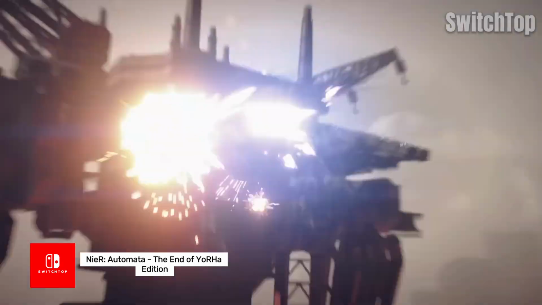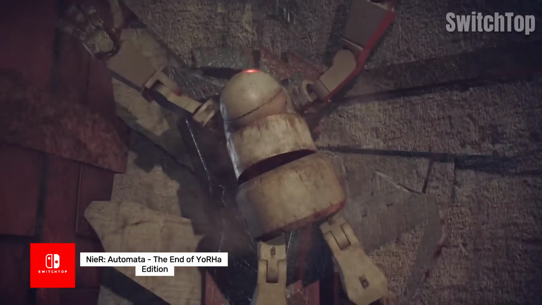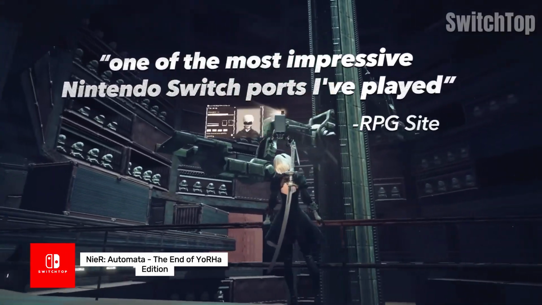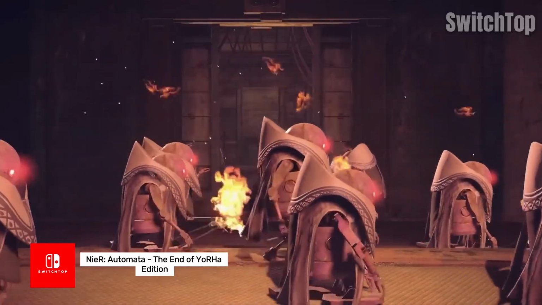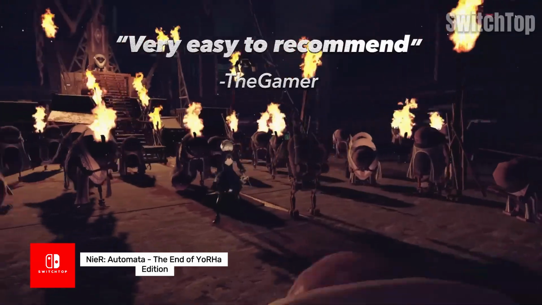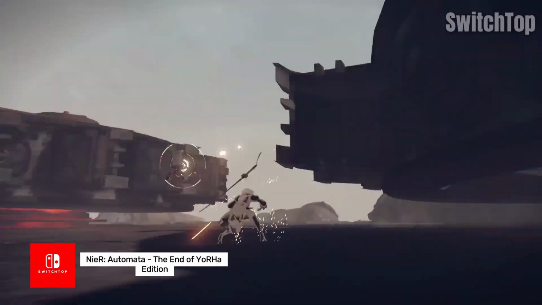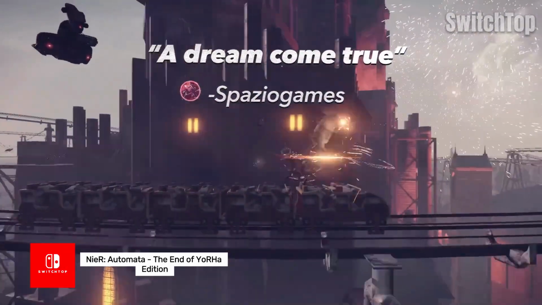NieR Automata, the end of YoRHa edition, takes our top spot by delivering one of the most unique gaming experiences ever, now perfectly playable on Switch. Set in a far future where aliens have invaded Earth using machine life forms, humans have fled to the moon and send android soldiers to fight the war. You play as combat androids 2B, 9S, and eventually A2, uncovering mysteries about the machines, humanity, and what it means